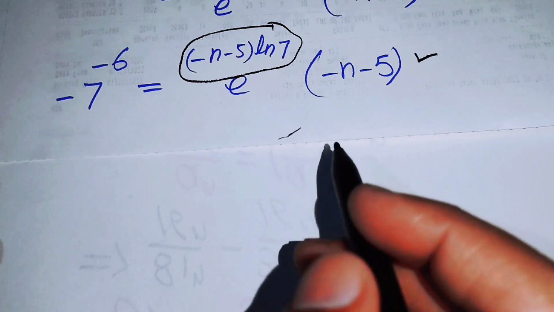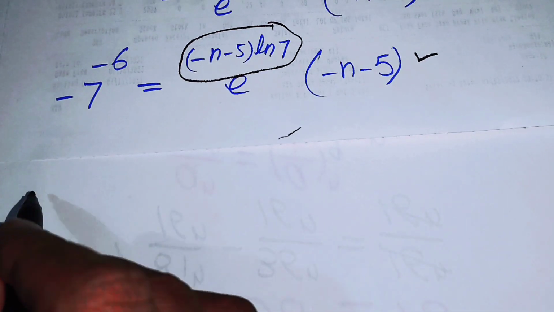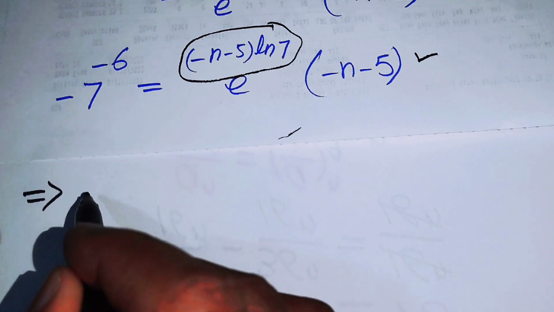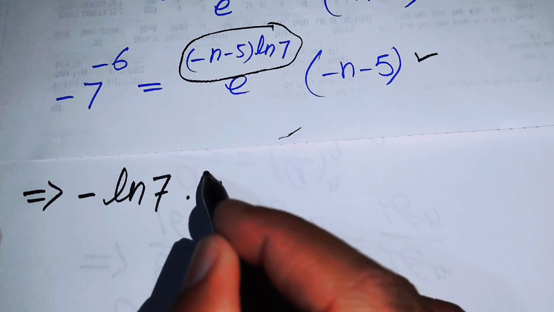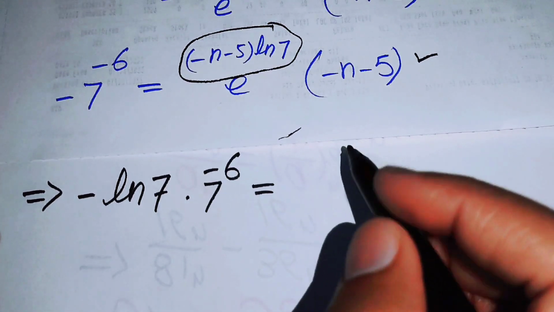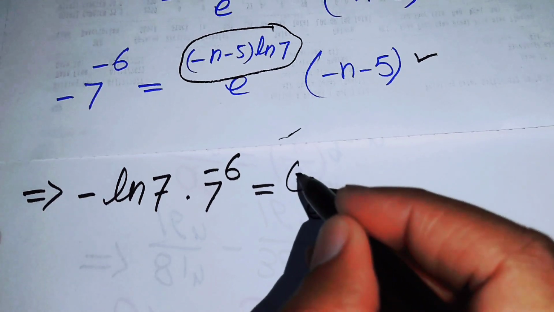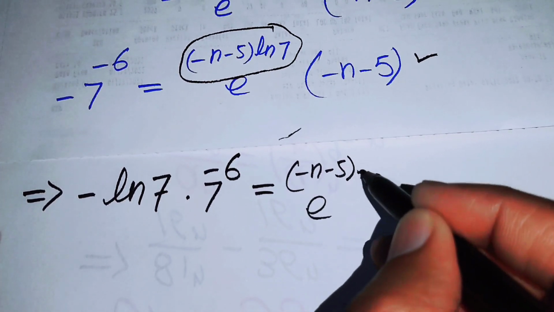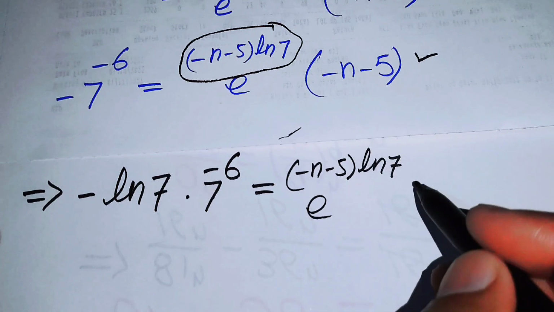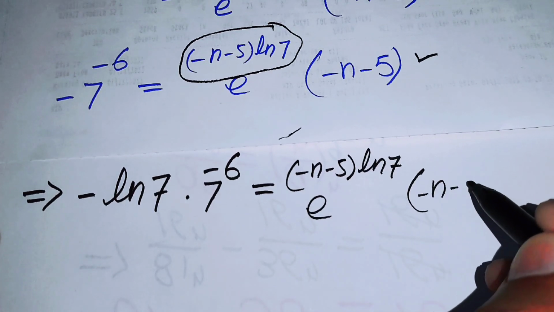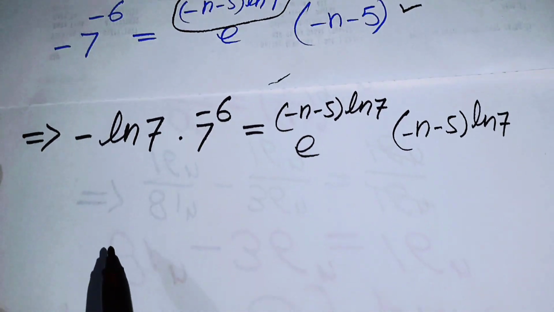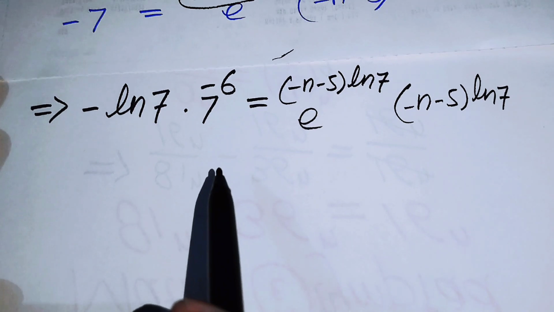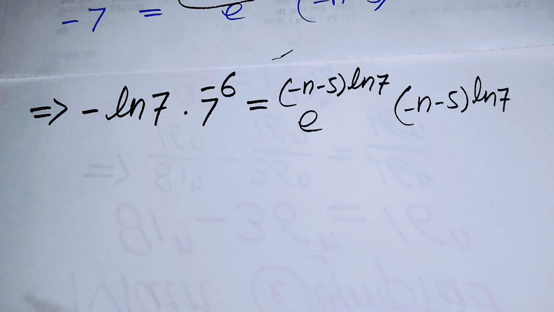the sides by log of 7, and we will get the output in this form: minus log 7 into 7 to the power of minus 6 equals e to the power of minus n minus 5 into log 7, and here we have minus n minus 5 into log 7. So here we just multiply log 7 on both of the sides, and now we have time to take the